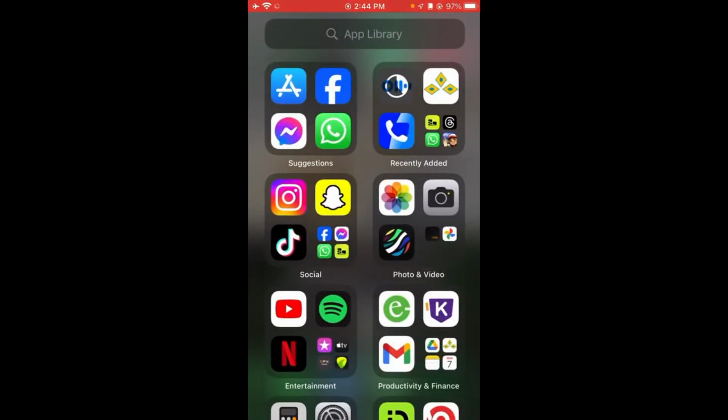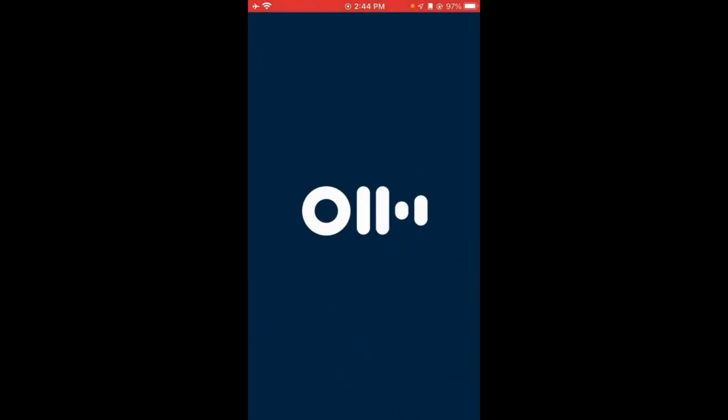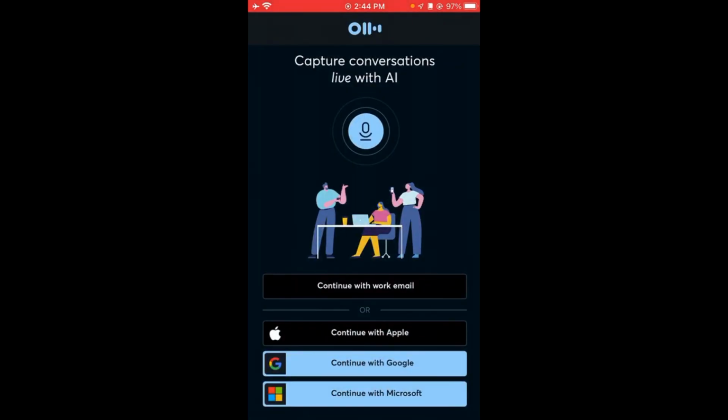After it has been downloaded, it will be installed and you can start making calls and start recording audios to transcribe them. I hope this video about how you can download and install otter.ai on your iOS device was helpful